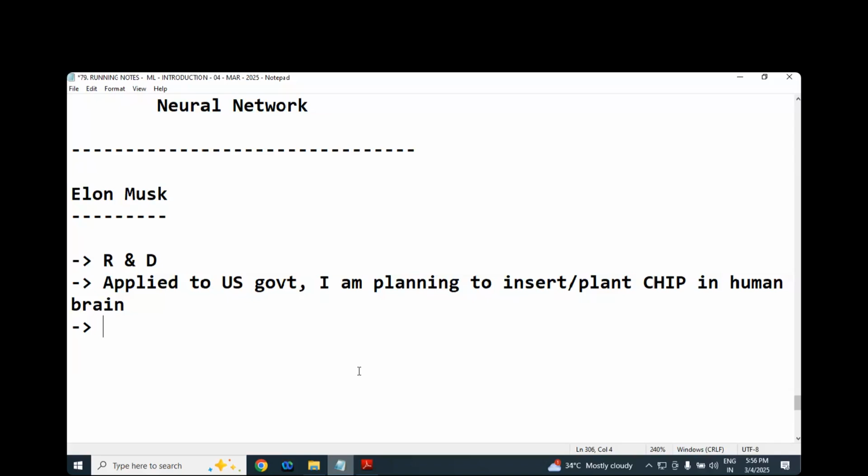Just recently, first he applied it on animals. It succeeded. Recently, 2021 or 2023, I guess, in 2023, he implanted the chip in one person and they are monitoring him. His body condition, health condition, everything is all right as of now. That project is called Neuralink. If you don't know, go to YouTube. Sir, you should know some little technical updates. Go to YouTube and do a little R&D on Neuralink.